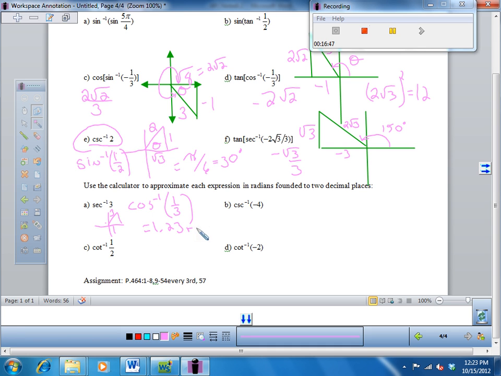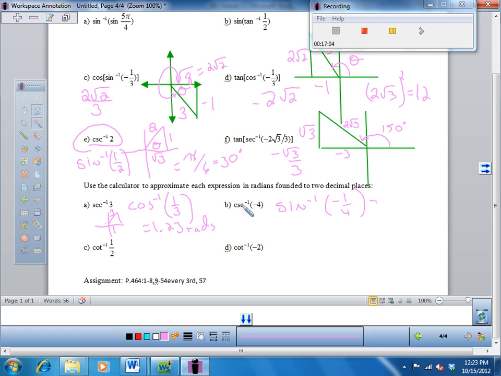1.23 rads. You don't have to put rads there, but just to let you know I'm not in degrees. Okay? How would I do this one? Inverse sine of what? Negative 1/4. Okay? And if I do that on my calculator, I should get out a negative angle, because remember,